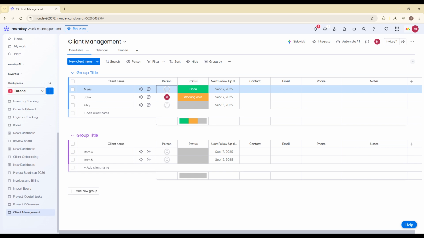And that's it. You now have a fully functional client management system inside Monday.com, complete with structured data, automations, multiple